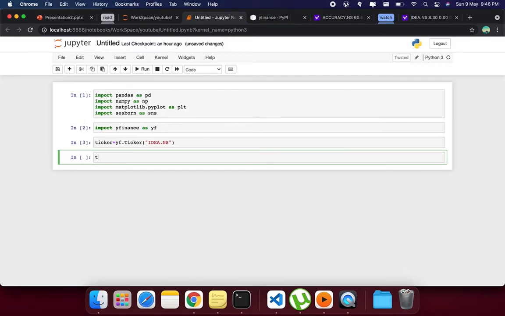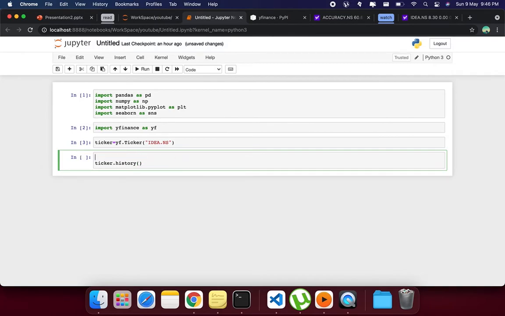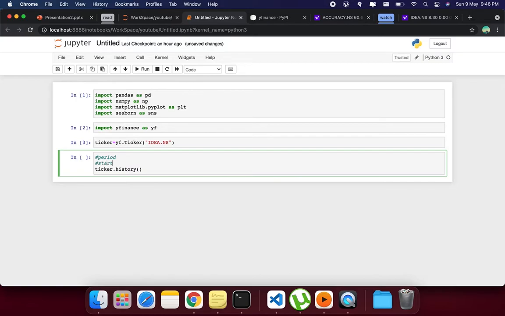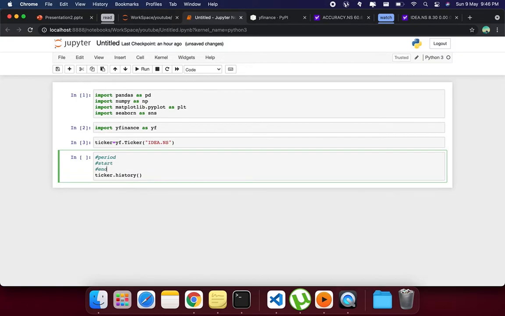Now to get the historical data, we just need to use ticker.history, and there are a few options that you can use here. I will just write them down. Period, okay, start and end. Now period can have a lot of options, like max means max history.